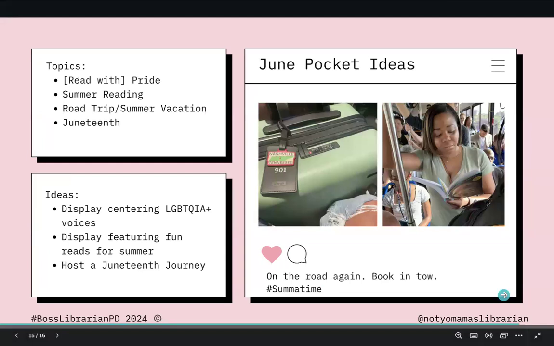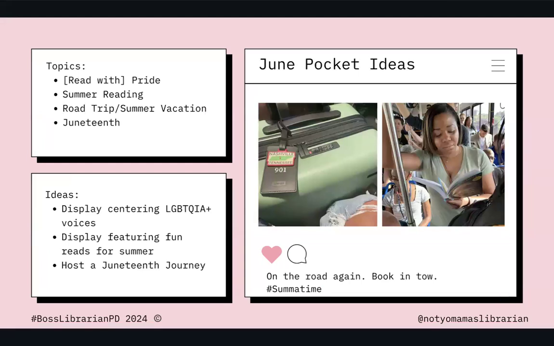And for June, of course, centering some LGBTQIA+ voices and a display for some fun summer reading, maybe thinking about a road trip. Clean Getaway comes to mind, or some other fun stories like that. And then hosting a Juneteenth journey. I use this because it's a great way to do